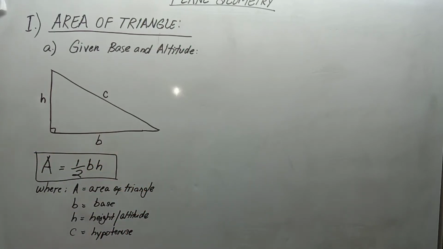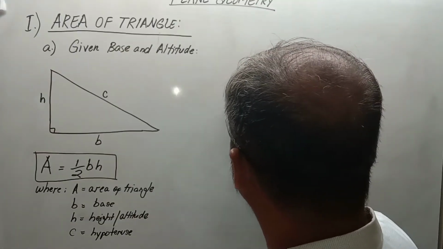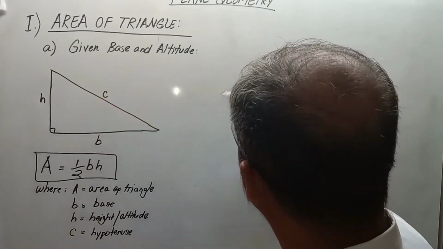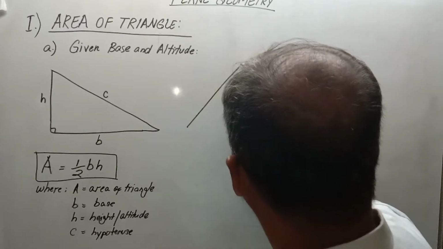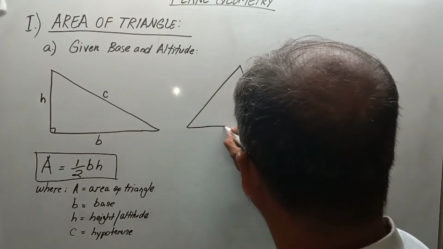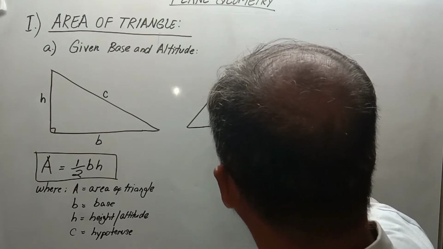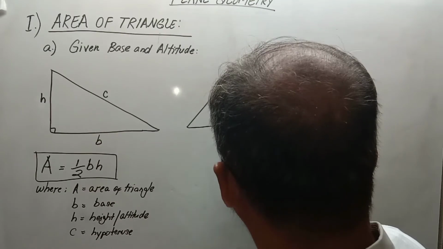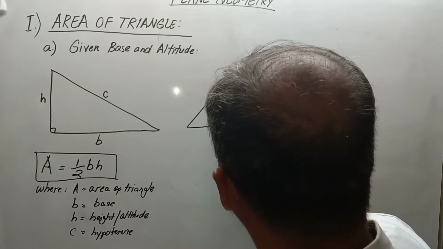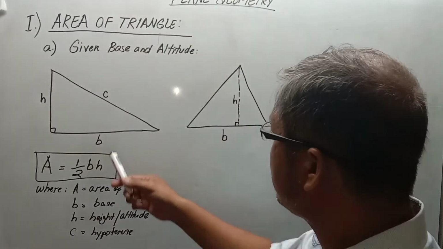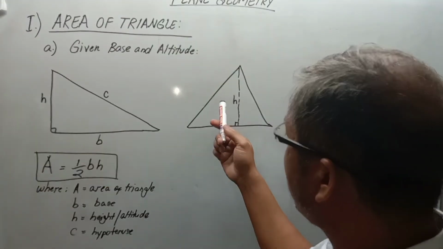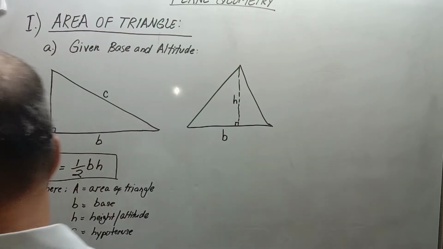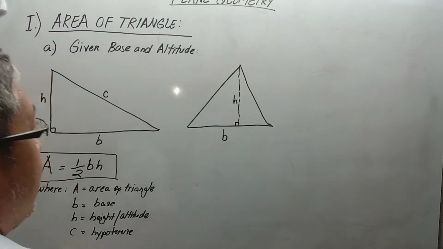Okay. This is the same also in this kind of configuration. If it is like this type of triangle, right triangle, we can also find the area of a triangle based on this configuration. Okay, this is the base, this is 90 degrees, and this is the height. Okay, so they are the same, guys. You can use this equation on how to solve the area of the triangle apart from this right triangle. Okay, so next